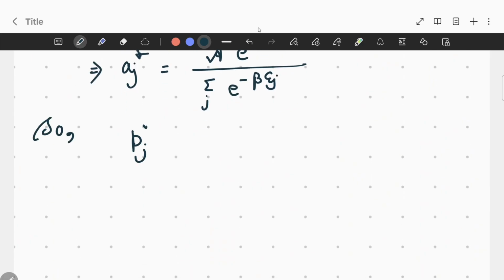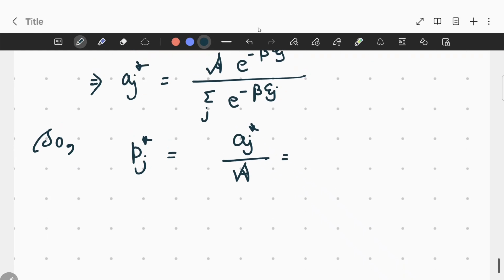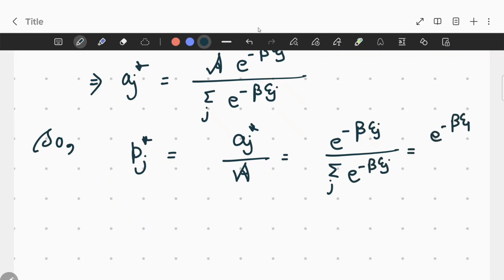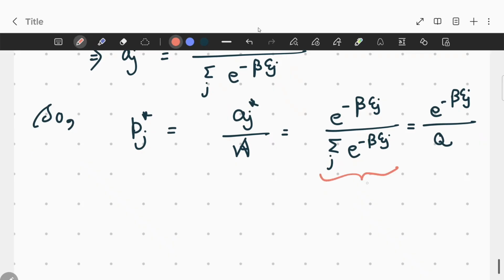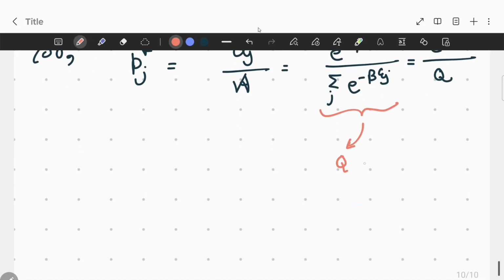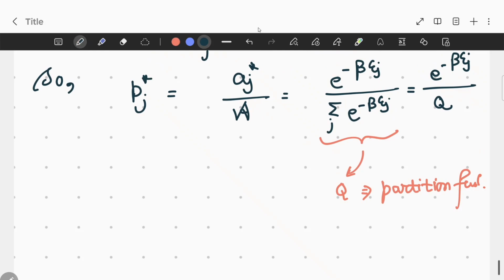Pj star, whatever you want to write, that is aj star by capital A. This is the probability of finding a microstate with energy level ej. So capital A will just cancel out. So e to the power minus beta ej divided by the sum over e to the power minus beta ej. It is written as e to the power minus beta ej divided by Q. This Q is the partition function. Or more properly, Q is the sum over